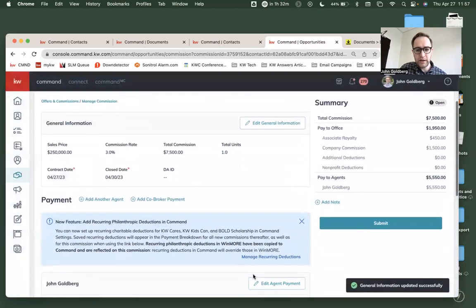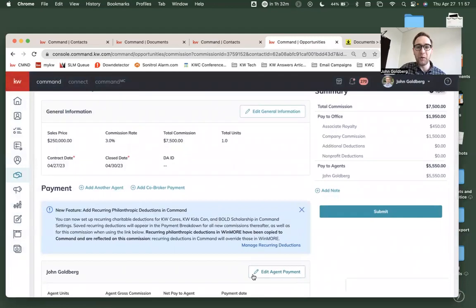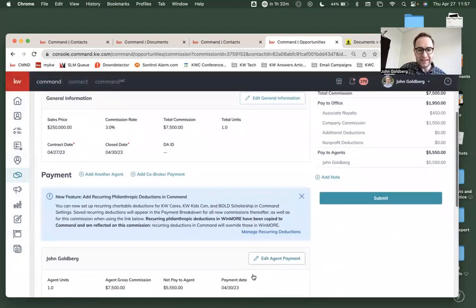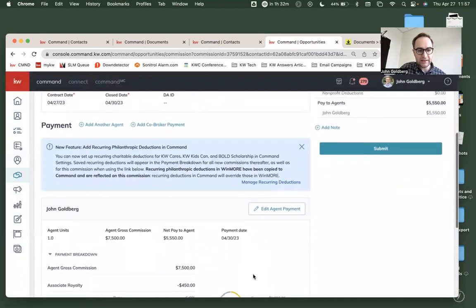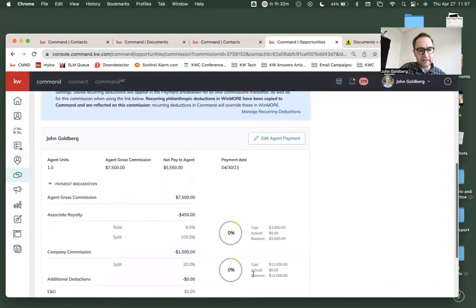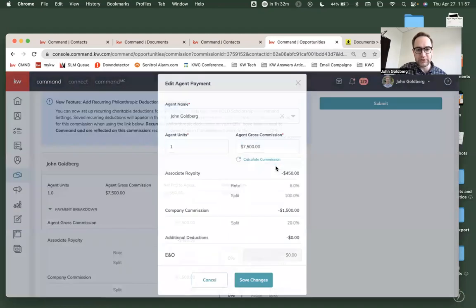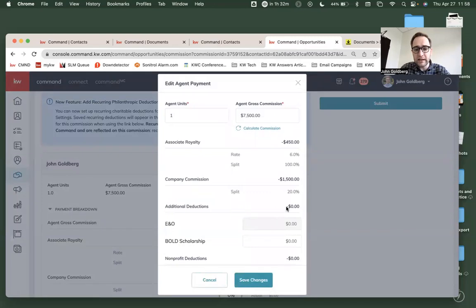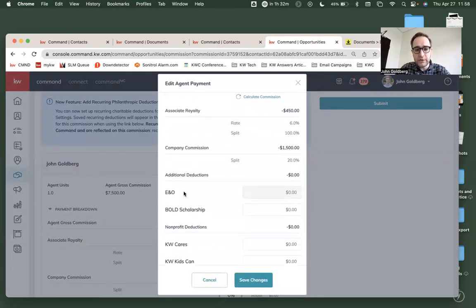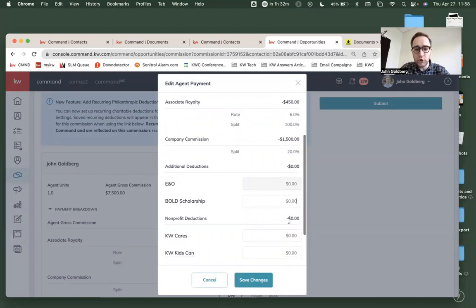And then as we go down below, this is going to be where we're going to fill this information out. Let's start with edit agent payment first. So most of the time, this could be just you, and you're the one that is bringing the opportunity to the table and you're the one that's getting paid. Perfect. It's already accounted for your associate royalty and your company commission here, along with any extra deductions, your errors and omissions, BOLD scholarship. You're welcome to add any of these that have these open spaces here